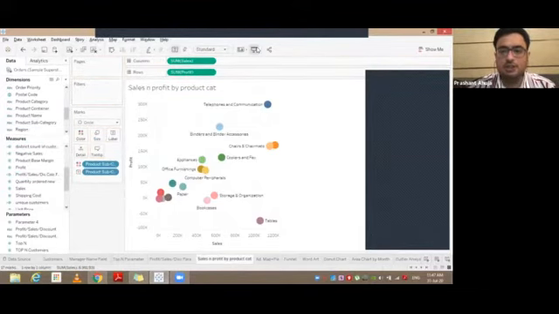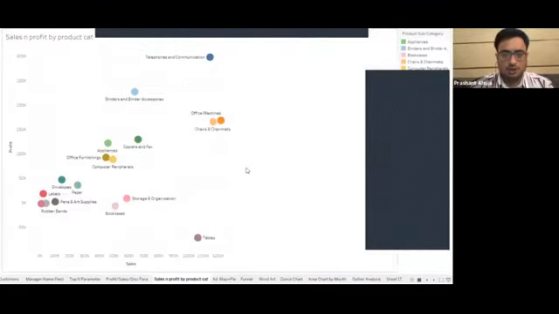Now, this is a chart which shows you sales and profits for each subcategory. If you have displayed this, you all know how to create a sales chart. You all know how to create a profits chart. But what if your manager, your senior management asks you, is there a particular category we can discontinue? Is there a particular category which we should continue to sell even more? How would you answer that question?